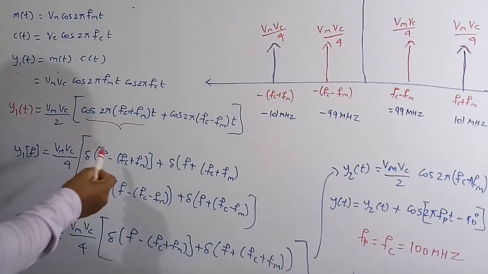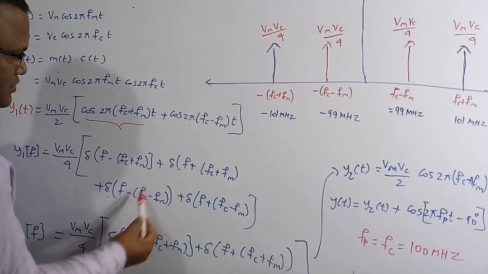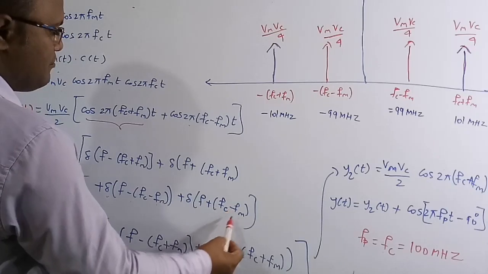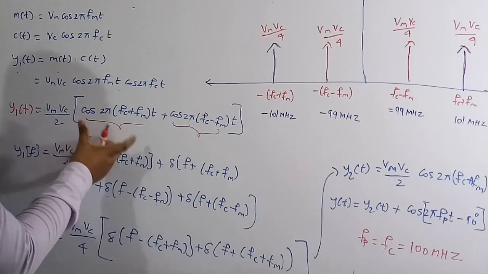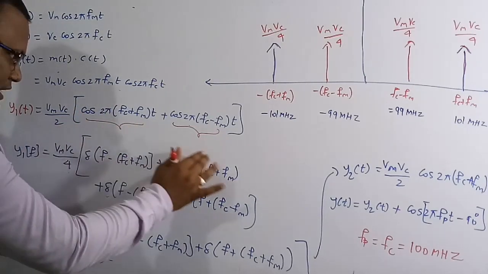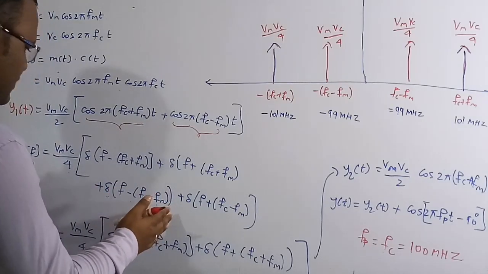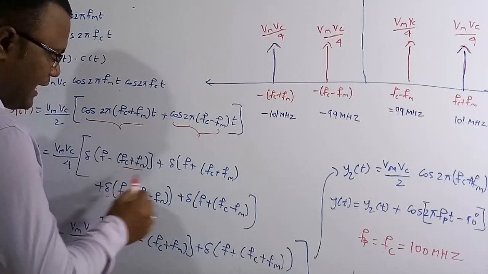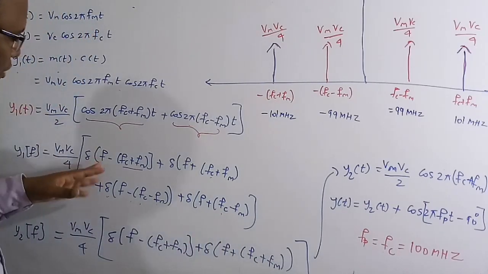There is a division by 2, so therefore 2 will become 4. And similarly the Fourier transform of this signal is delta of f minus fi, meaning fc minus fm, plus delta of f plus fc minus fm. So by using the basic formula, I have applied the Fourier transform on this equation. This is the Fourier transform of the output signal, which is y1 of t, as the Fourier transform y1 of f. Now I am going to draw the diagram for this one, y1 of f. The components are fc plus fm and minus of fc plus fm, and fc minus fm and minus of fc minus fm.